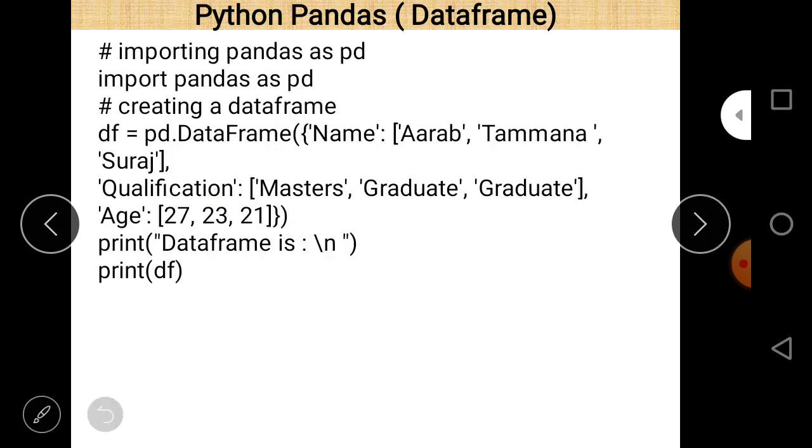There is a small program I already discussed in our previous lecture, but because I want to differentiate here between pivot table and pivot function, that's why I revised this program. In this program, basically there is the creation of a data frame, and df is the name of the data frame. The first line is a comment because it is marked with a hash sign, and the next line is import pandas as pd.